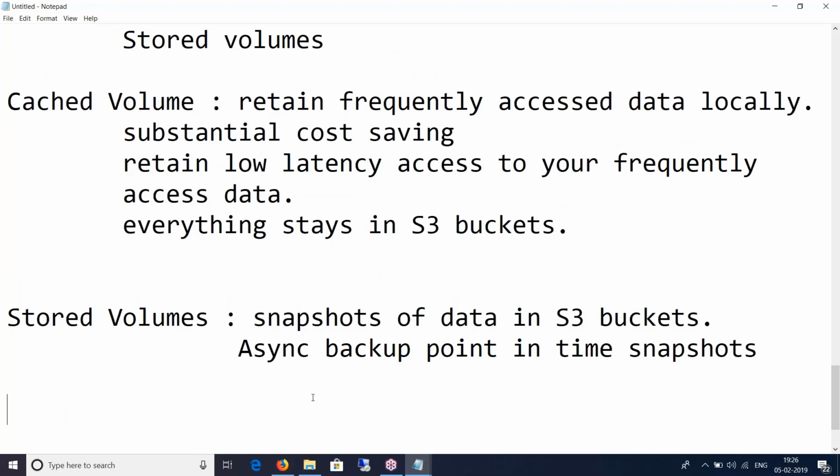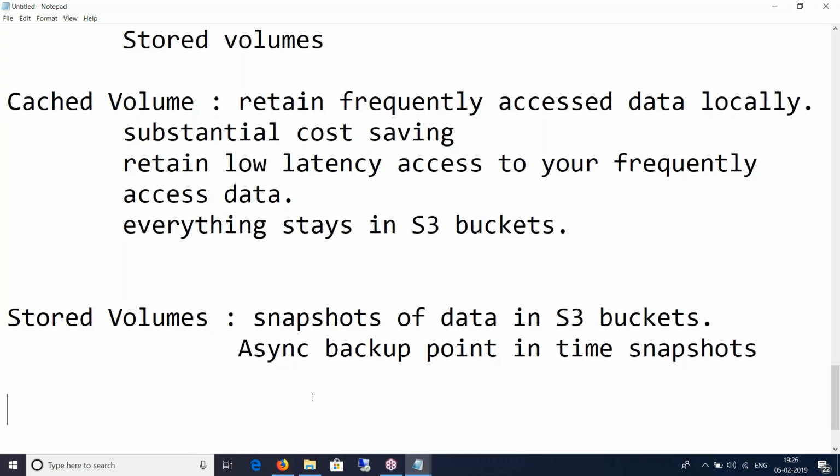So stored volumes, you're gonna keep everything on your premise. And with the help of the storage gateway that is configured as stored volume gateway, it will take snapshots of your virtual machines and snapshots of your data, and then put those snapshots in the S3 bucket. So I would say you have your on-premise production environment running on your premise, but the incremental backups or snapshots are happening on AWS.